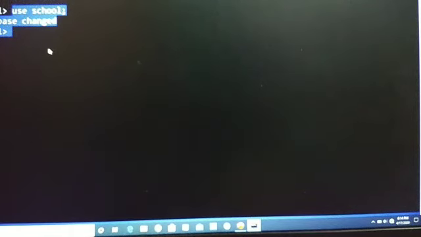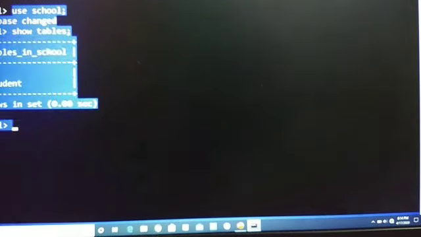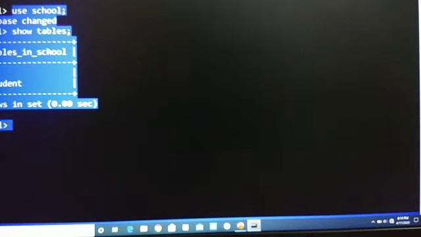Now we will see our tables. To show our tables, we will write the command show tables. Here in this database we have two tables. We will work on our student table. First we will see the data structure of our student table.